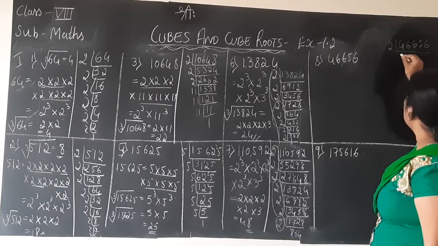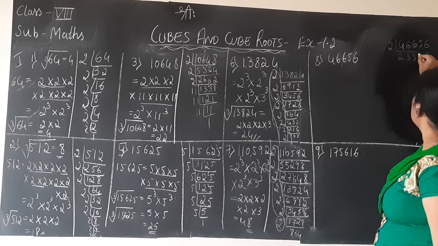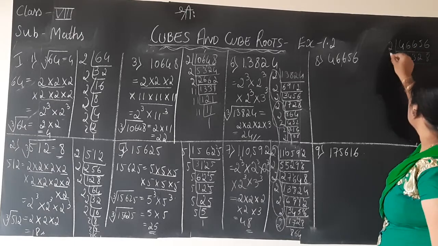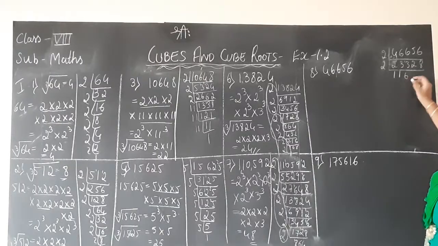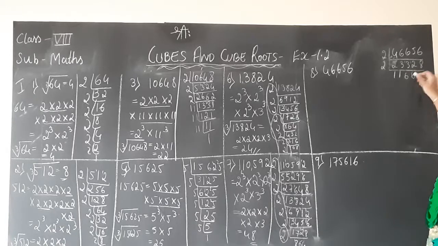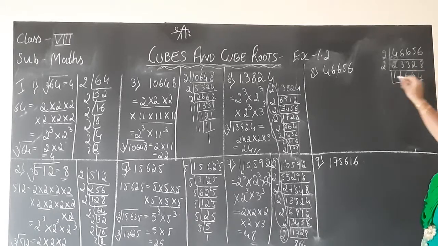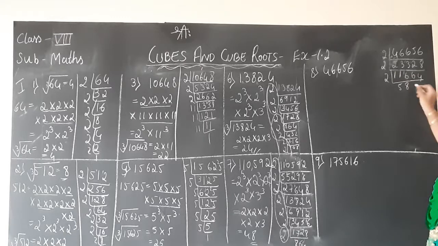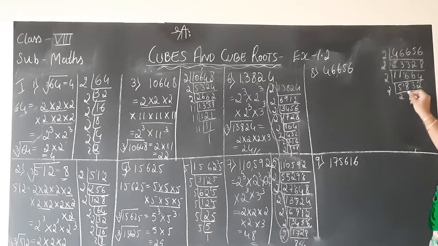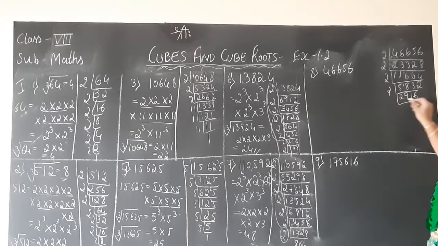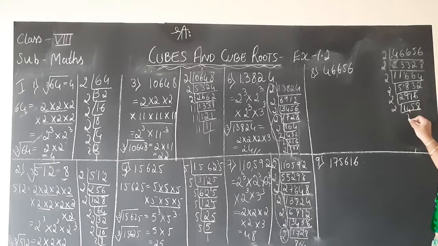Since 6 is there in the units place, I start with table 2. 2 6s are 12. Again 1 remaining. 2 6s are 12. 2 4s are 8. 2 5s are 10. 1 remaining. 2 8s are 16. 2 3s are 6. 2 2s are 4. 2 2s are 4, 2 9s are 18, 2 1s are 2, 2 6s are 12, 2 1s are 2, 2 4s are 8, 1 remaining, 2 5s are 10, 2 8s are 16, 2 7s are 14, 2 2s are 4, 2 9s are 18.